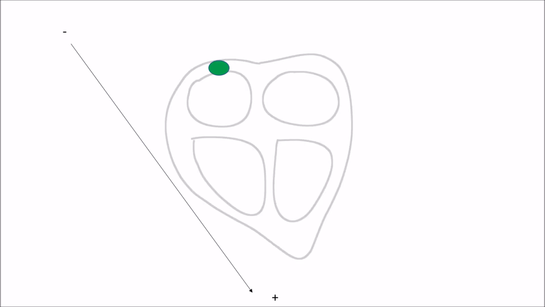Good, then let's observe the real spread of the electrical impulses. First, the atria are activated. Here the signal runs towards the tip of the heart, so we can see a small positive wave in the ECG here. When both atria are fully excited, the zero line results again, that is the isoelectric line. Afterwards the excitation of the ventricles begins. In this process, first a part of the ventricular septum is activated. This is done in the direction of the right arm. Therefore we see a small negative wave in the ECG.